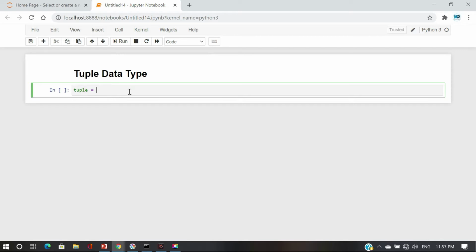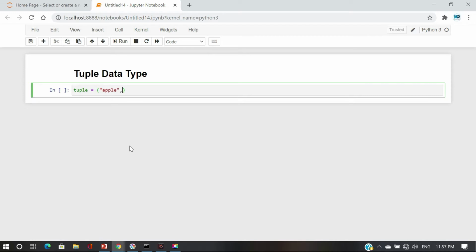Tuple equals to, in the round bracket, we have to give double quotations, like, give some data.